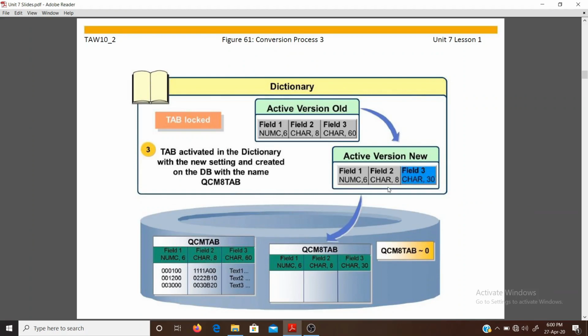The newly created database table now doesn't contain any data. As a result, it doesn't exist in the database under its original name, so we need to assign a new name, and we have assigned the new name QCM8 TAB.